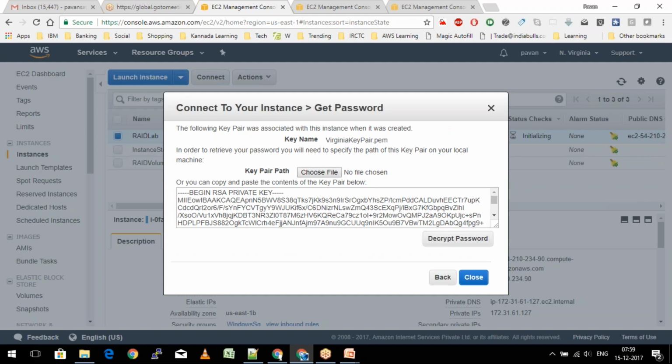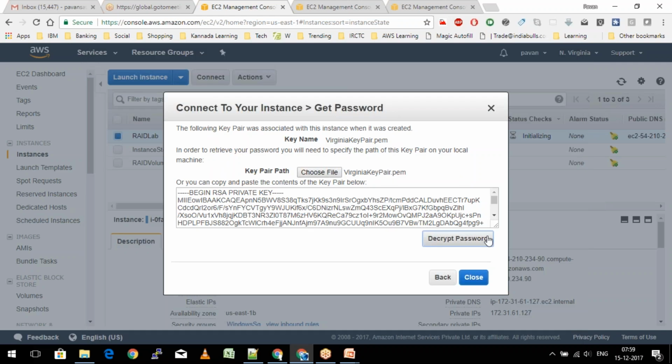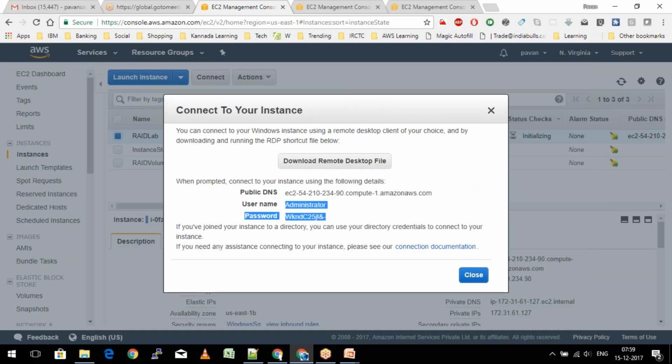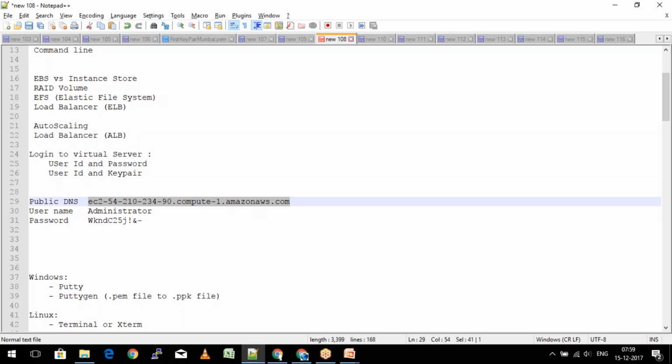Okay, I'll click on get password. I'll choose the file, Virginia key pair. I'll open up the remote desktop.